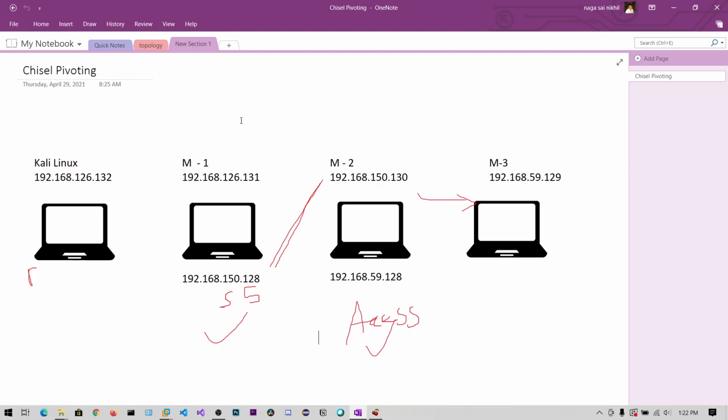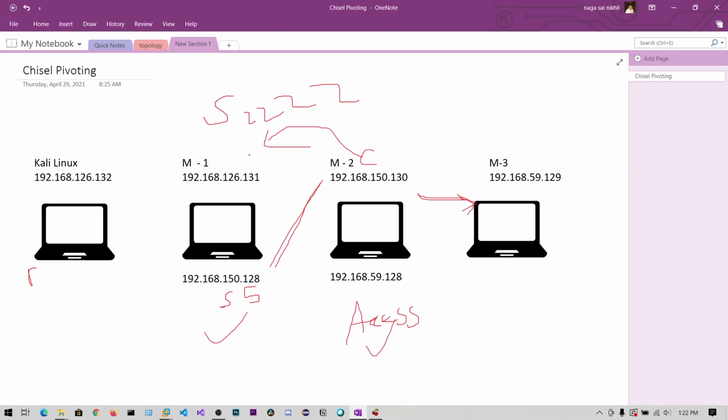Okay, we need to set up the SOCKS server command here, and then this will connect as a client and open a port, say 2222. It will redirect all the traffic that comes from this 2222 through this SOCKS, and it will be redirected to this one.